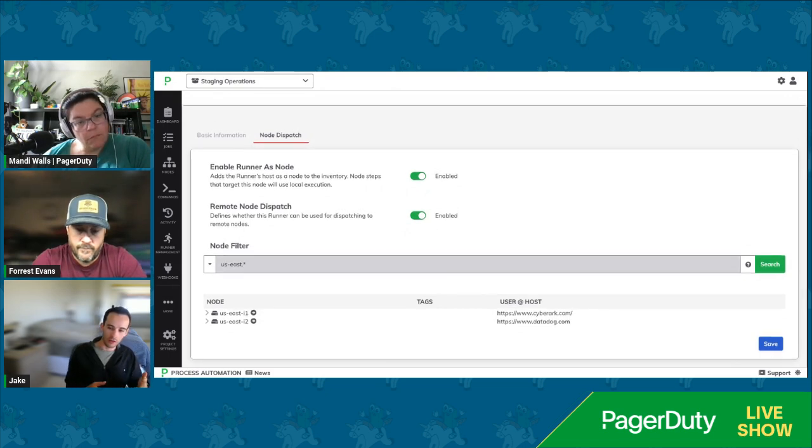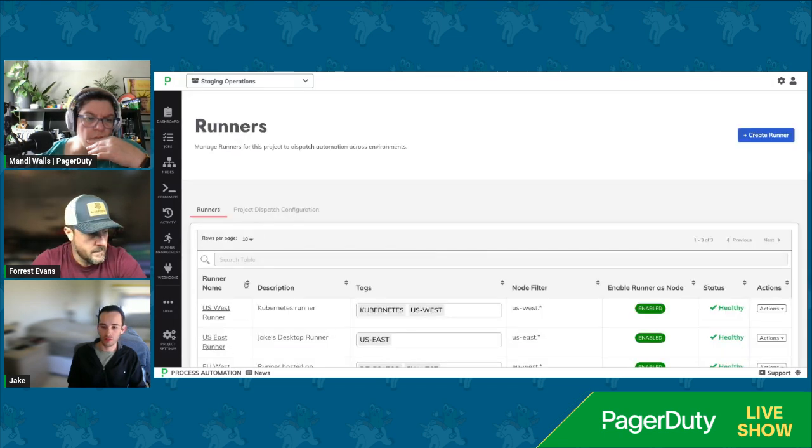If we contrast that to where the product was previously, you would declare the runner that you wanted to use, or the runners that could be used for a given job, in the job definition itself. While this offered a certain level of control and flexibility, so to speak, it required that the job creator and the job invoker learn about the runner mechanic and the runner plumbing, and make sure that they use the right runner for the right target nodes that they want to target with their automation. So what this allows us to do is abstract away the runner selector from the